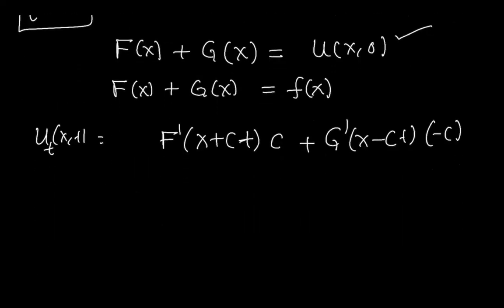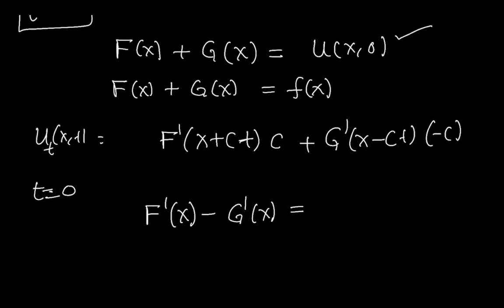If you plug in t equal to 0, now you're going to get F prime of x minus G prime of x